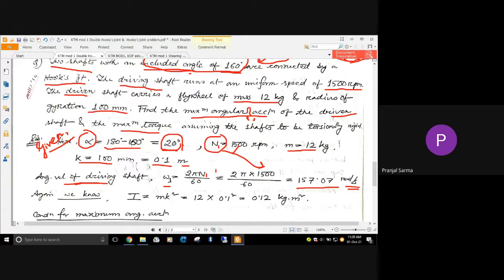To reduce that cyclic variation of speed, we use the flywheel. Due to its mass and inertia, it stores certain energy, and whenever required, it releases it. We'll study the flywheel and its working in more detail in machine design and dynamics. But right now, you must know that this flywheel is there, and I believe all of you already know